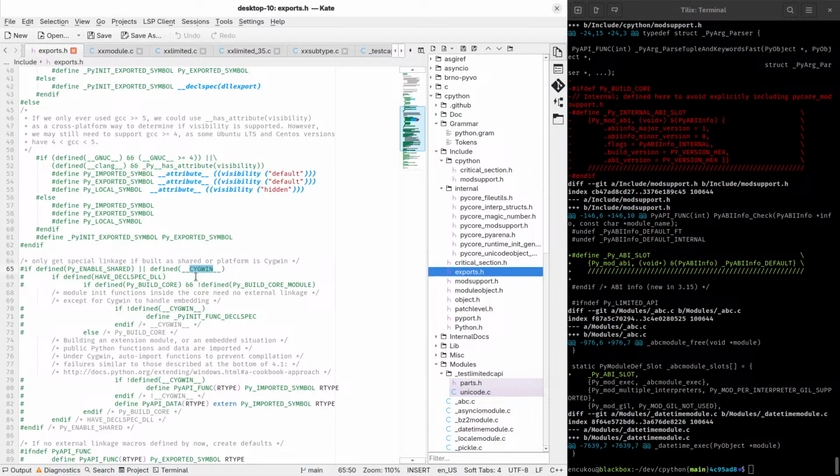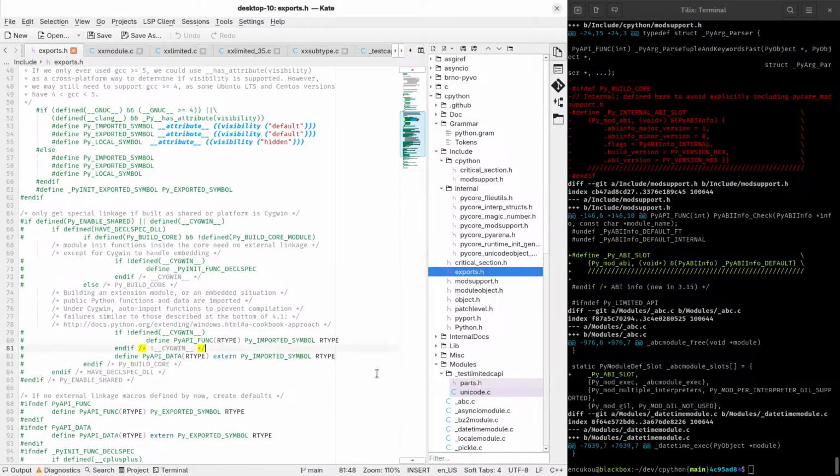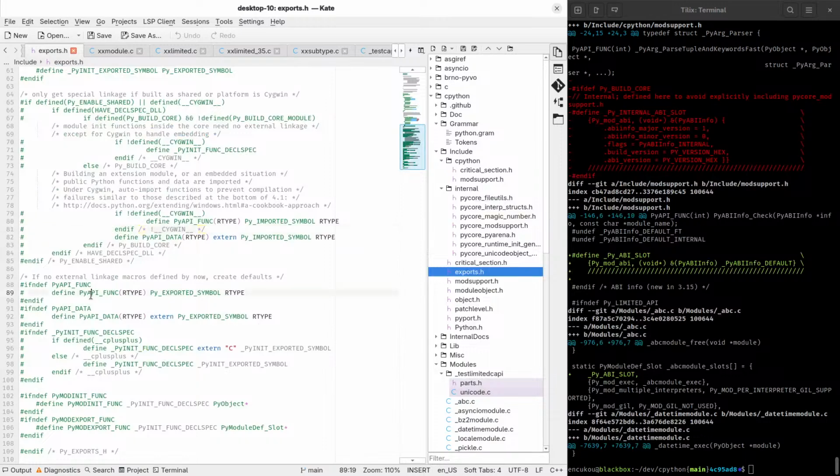Except it, I don't know the details. Very old thing. Some people still use it. Yeah, so there are some exceptions we probably don't need to get into. And this is then how you define PyAPI_FUNC, which you've probably seen. Define the C API function, define a C API piece of data,